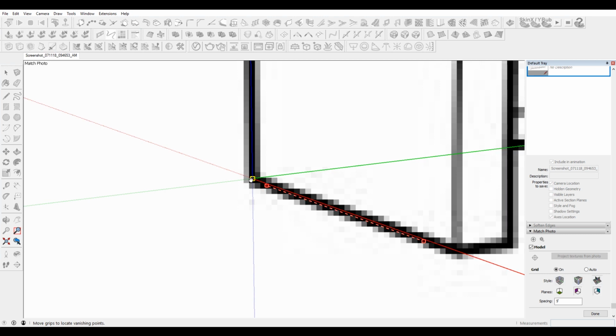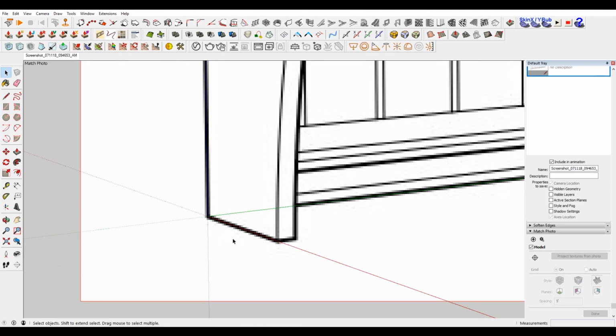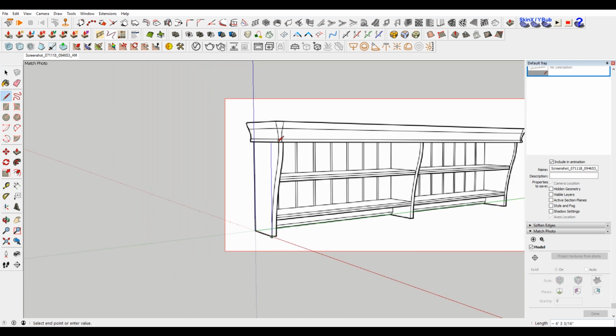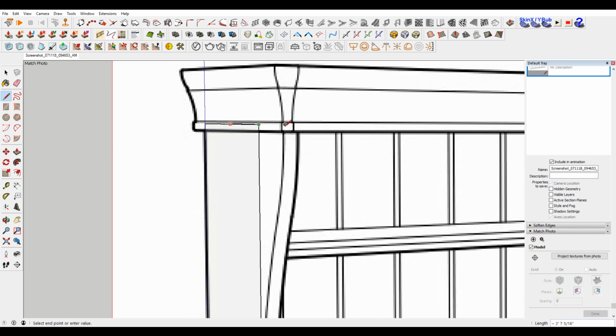All right, you just want to make your job easy when you can. Okay, so we're going to start here. And instead of extruding this up and then trying to find the shape, I'm just going to come all the way up. Just assume that it might come up to here, over, back, and then extend this out. Now the trick here, when you're holding shift to lock to that red axis,